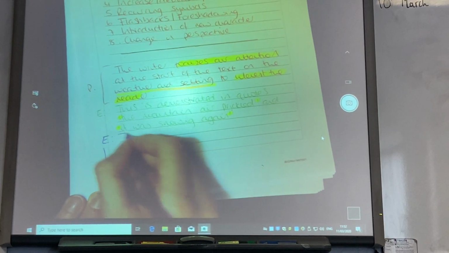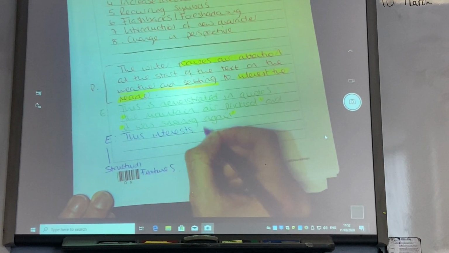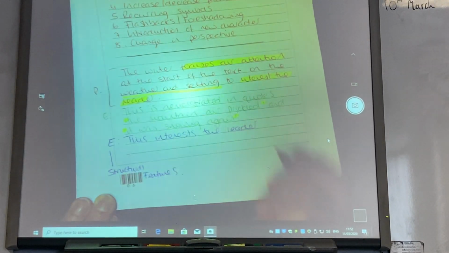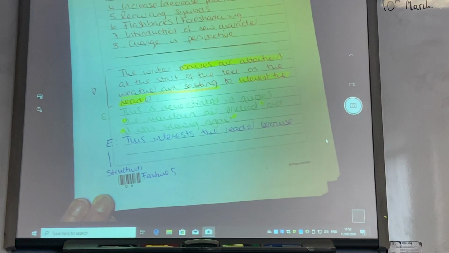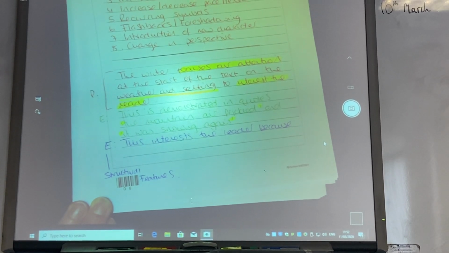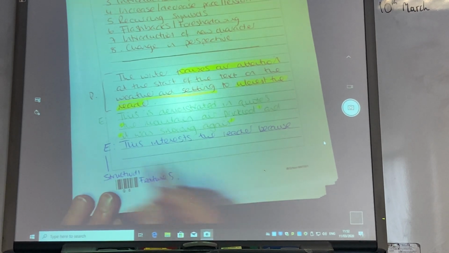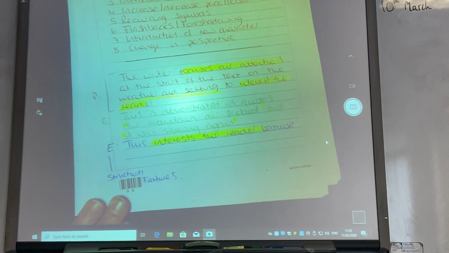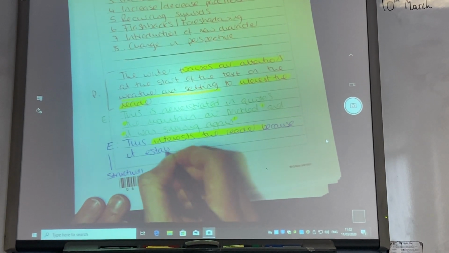So, I'm going to start with, this interests the reader because, that's the words from the question, because, well, why does it interest the reader? The fact that they're in the snowy mountainside, it tells us that they're isolated, they're in this strange place, quite unusual. There's an eerie sense of calm. This interests the reader because it establishes